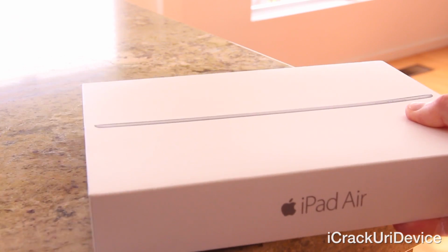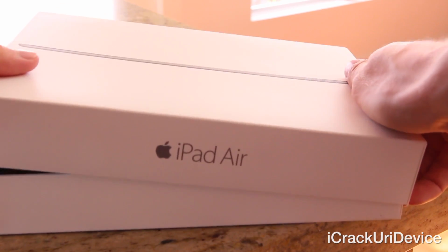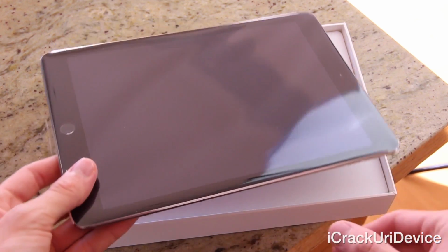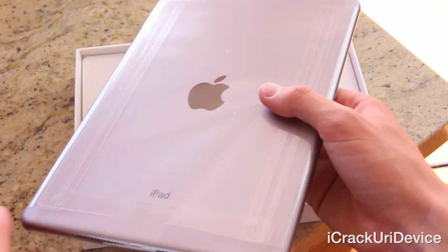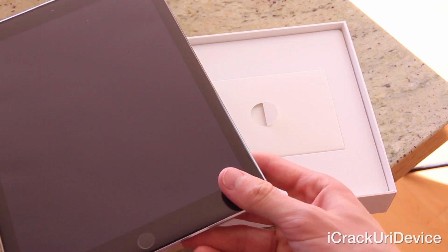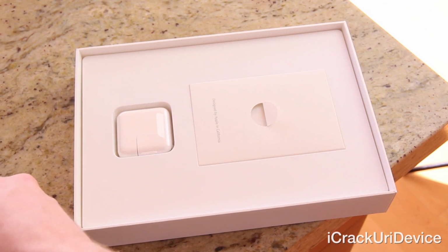Alright, so with the iPad Air 2, after having taken all of the plastic off, we're going to set that aside and lift the lid, which will reveal the device sitting directly on top. As you can see, we have the iPad Air 2, which can be easily lifted out of its box simply by this plastic tab that's actually built into the plastic enclosure that's surrounding the device itself. I'm going to go ahead and set this off to the side, and we're going to review the rest of the contents of the box, but not before powering it on. So let's go ahead and set this off to the side in its lid